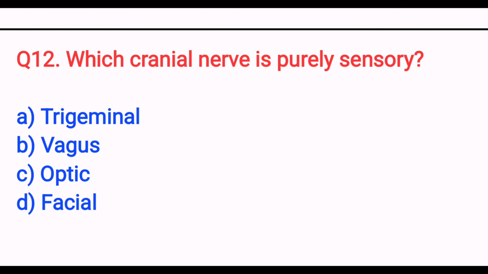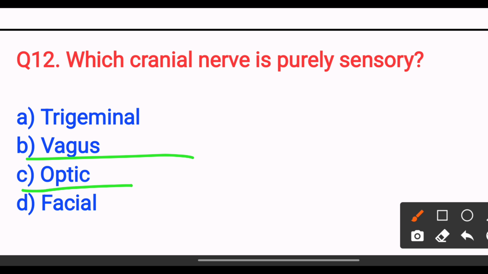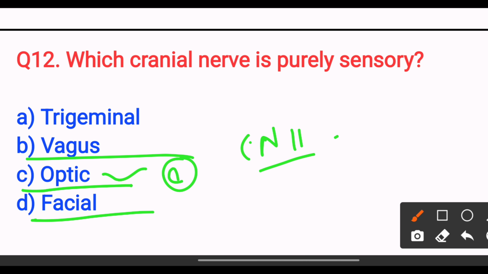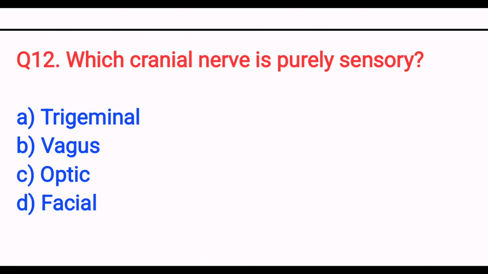which cranial nerve is purely sensory? Option A, trigeminal; option B, vagus; option C, optic; option D, facial. The answer is option C, optic nerve. The optic nerve is the second cranial nerve and carries only the sensory impulses for vision. Next,